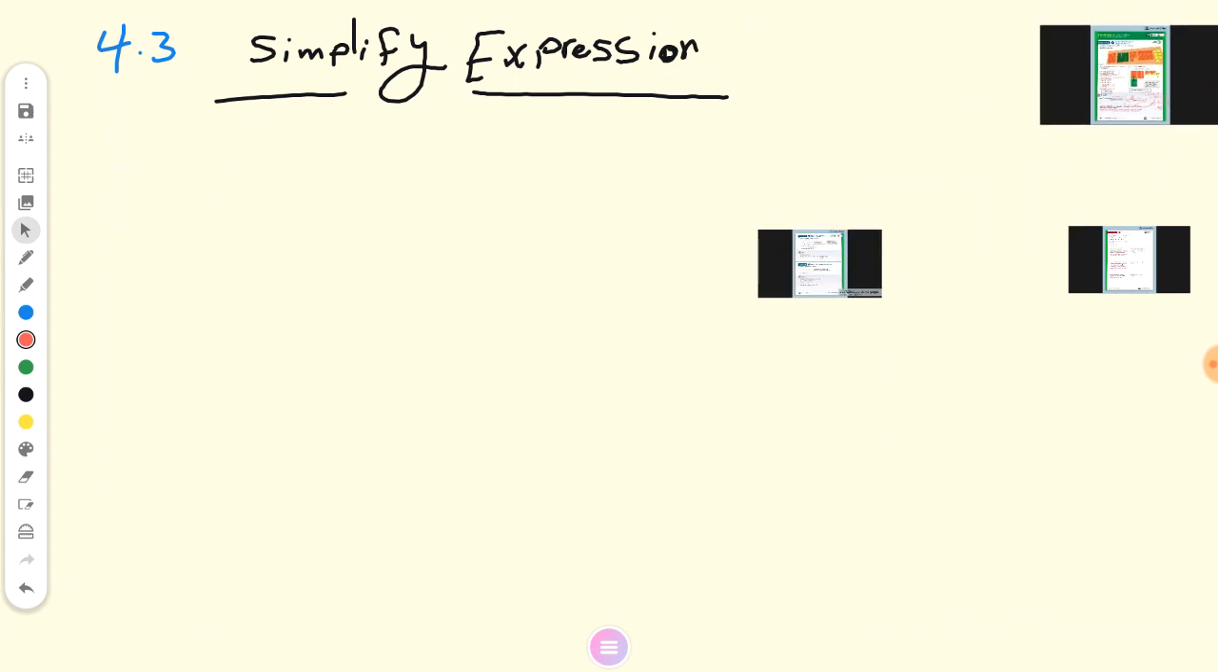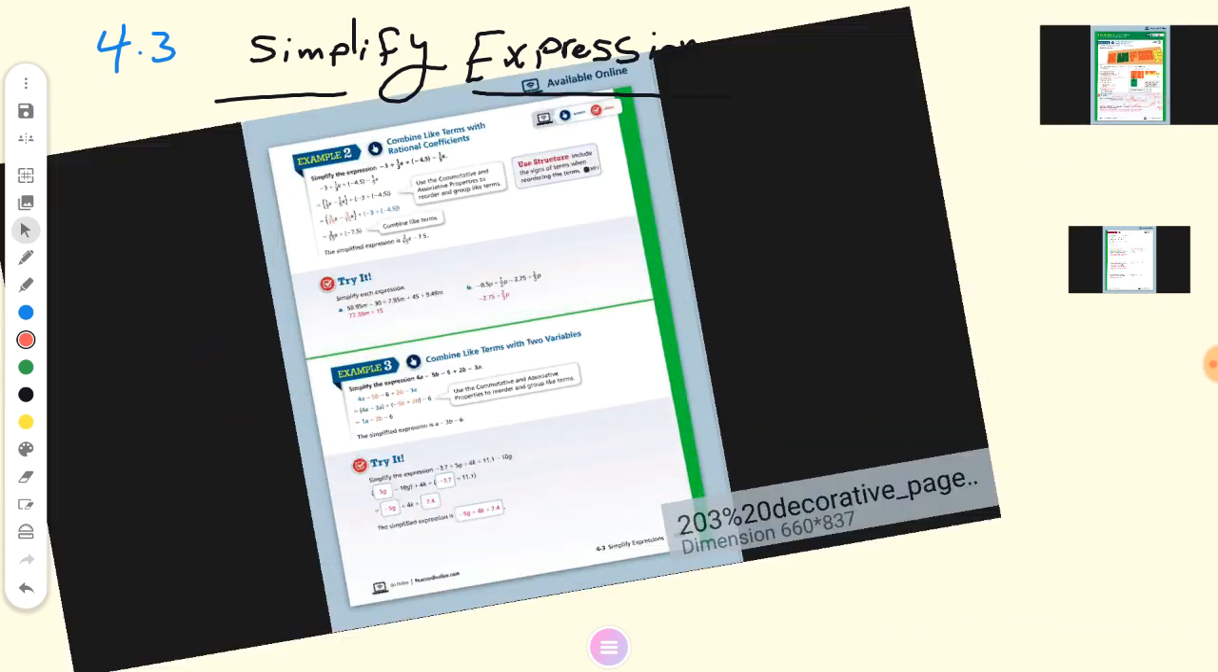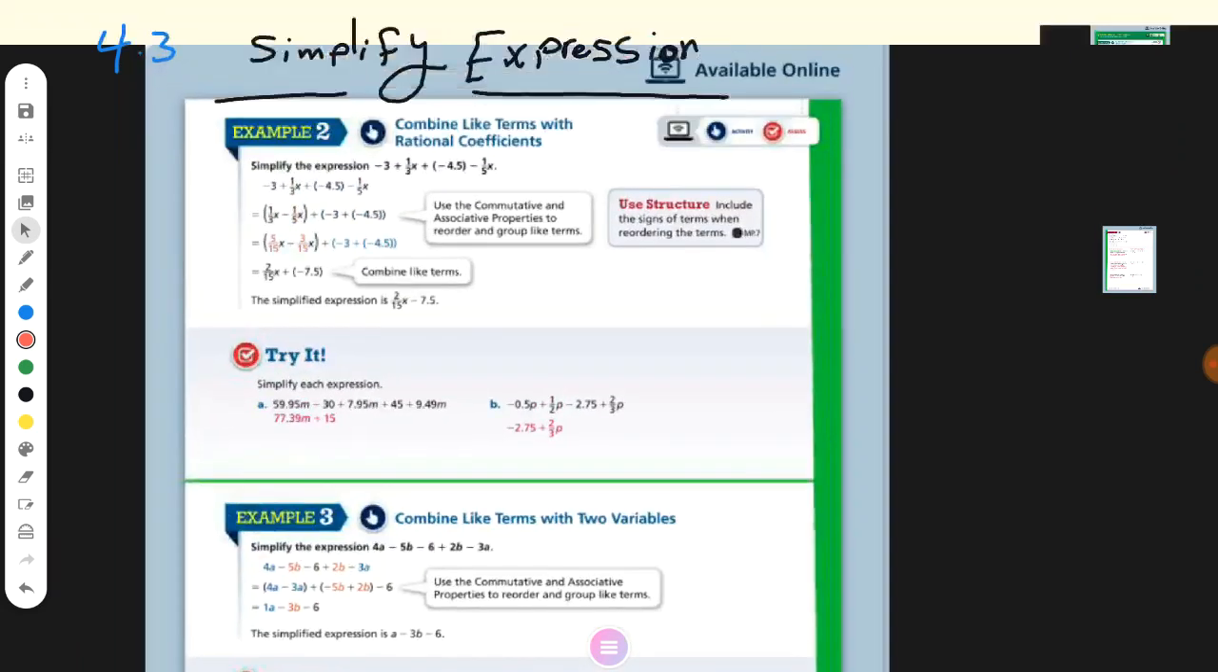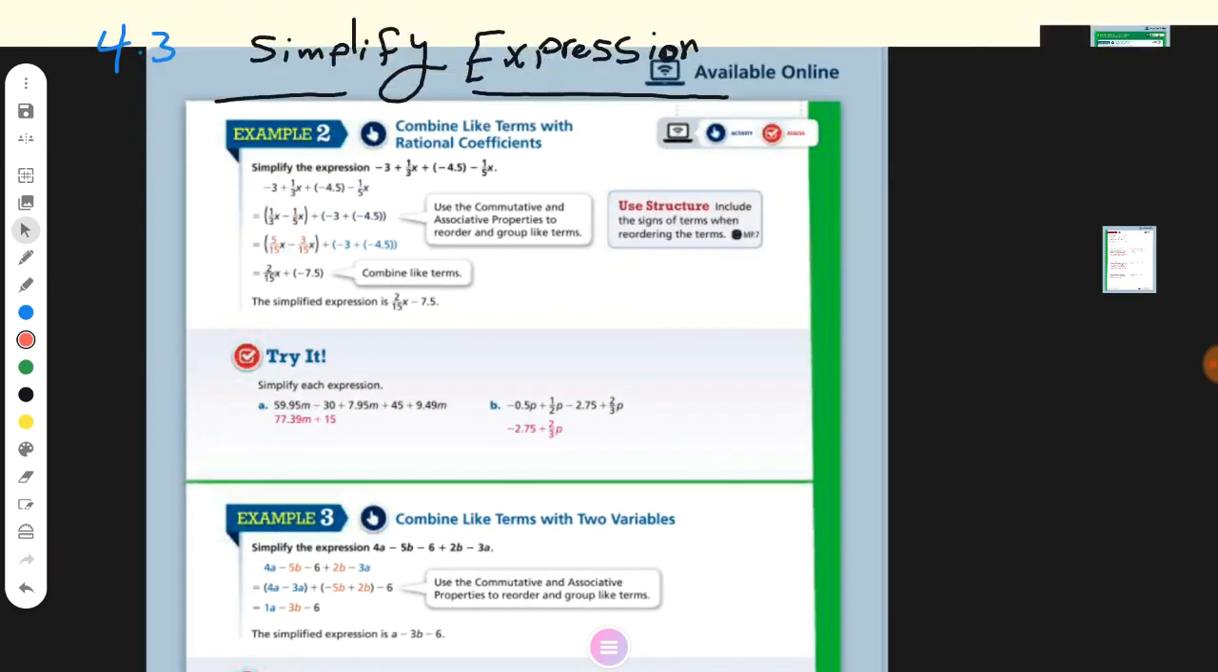As you see here, this example contains fractions and decimal numbers, okay? It doesn't mean anything. We can add them, and you will see now what we will do, okay? As in the example here, negative 3